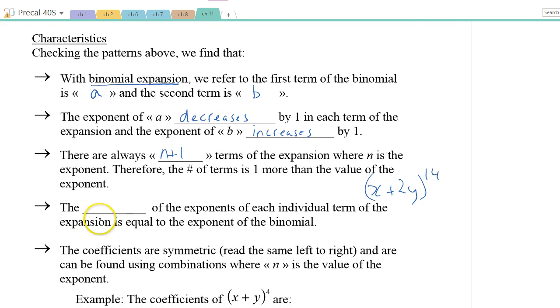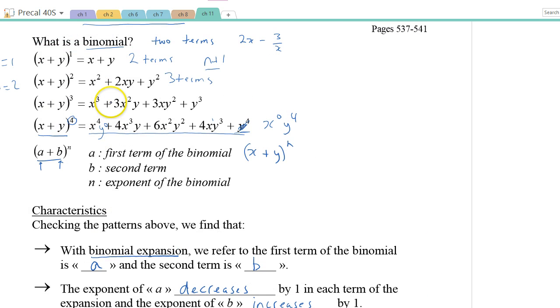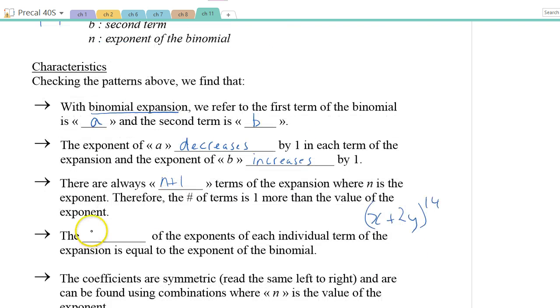Okay, the next blank is the blank of the exponents of each individual term of the expansion is equal to the exponent of the binomial. The blank of the exponents. So let's take a look here. Well, if this x to the fourth is going down by 1 each time, and the power for the y is going up by 1 each time, 4 plus 0 is 4, 3 plus 1 is 4, 2 plus 2 is 4, 1 plus 3 is 4, 0 plus 4 is 4. So I think the word we're looking for is the sum